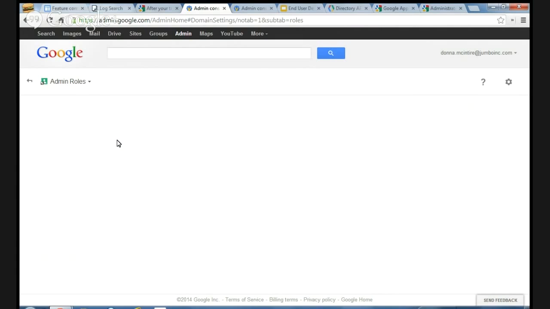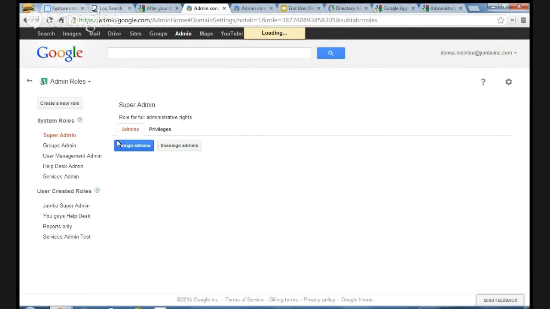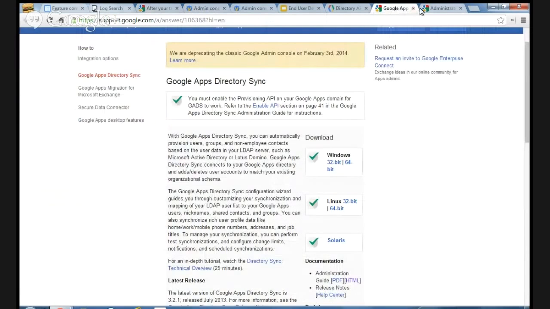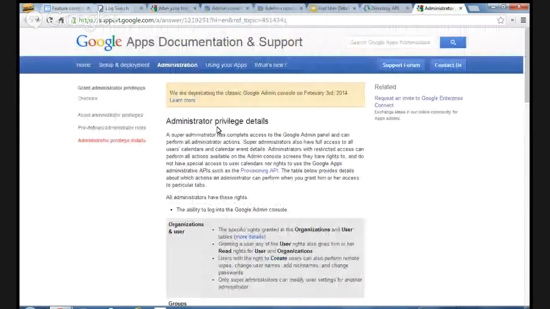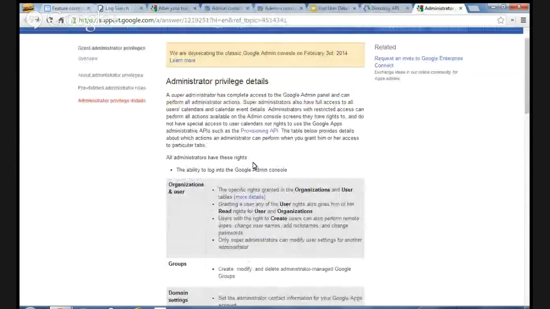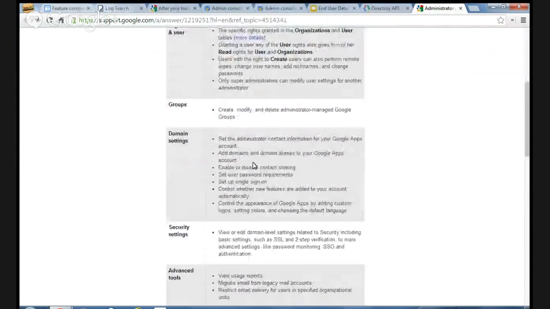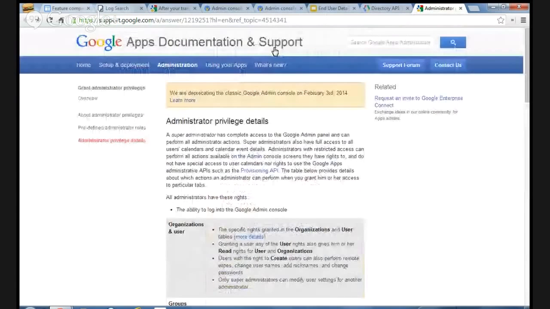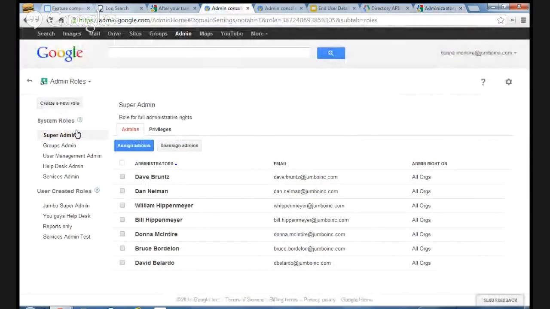Next up is admin roles. In the admin roles here, things are a little bit different in how they work on the Google side from how they work on the Postini side. So I strongly recommend that you read the help articles about that topic. The administrative privileges details page that is on the transition guide linking to other administrative settings has a very clear definition of what all of the permissions are that you can assign. So to become familiar with that in advance, when you see the admin roles menu for the first time, you'll